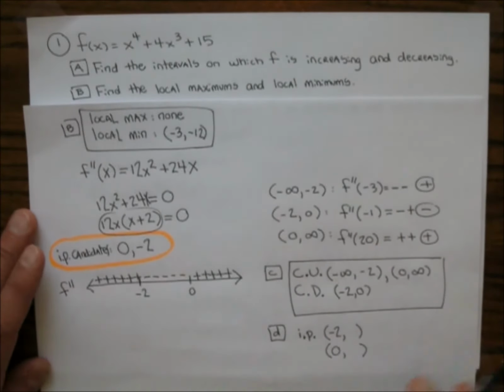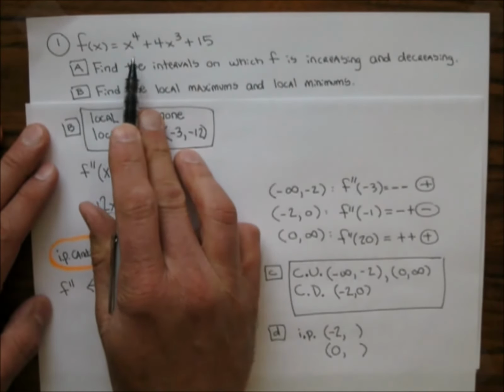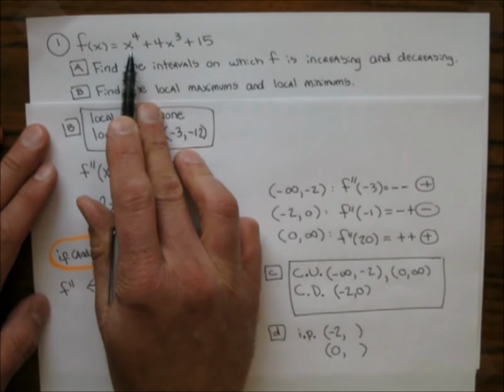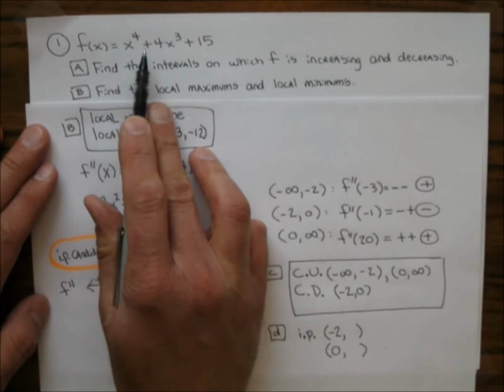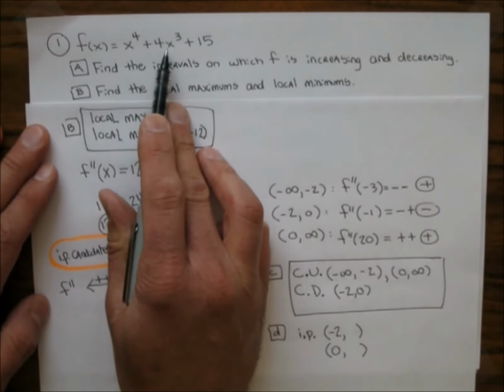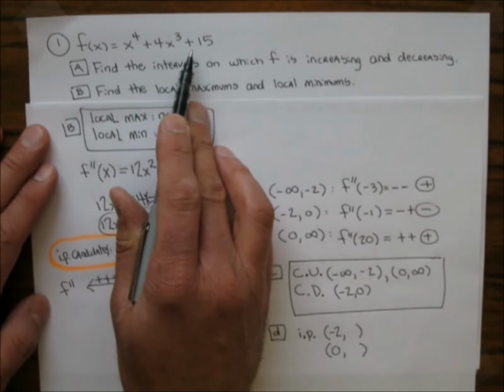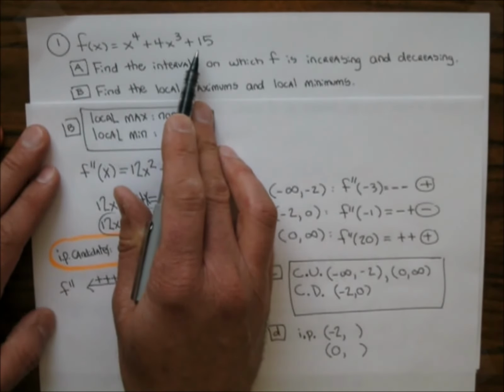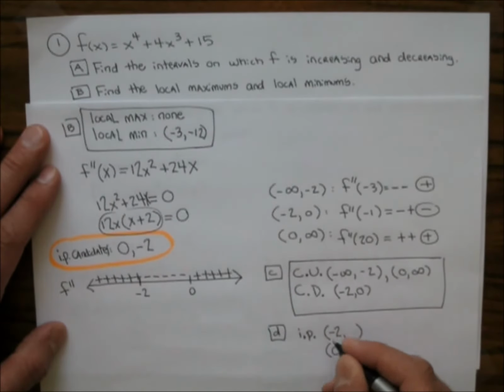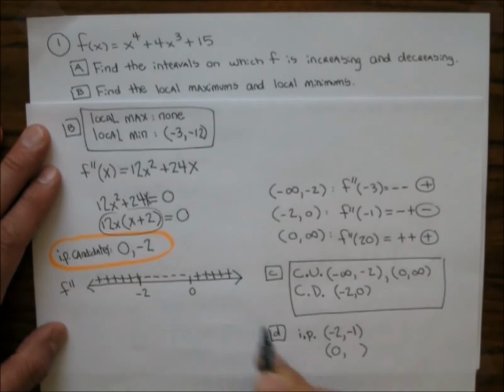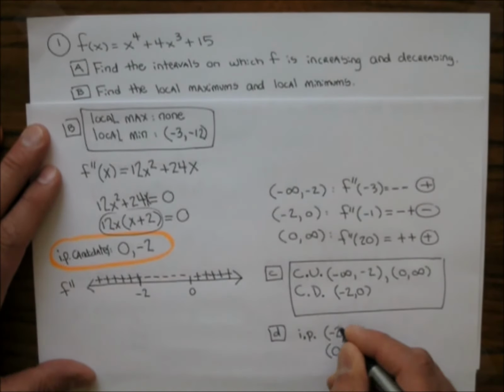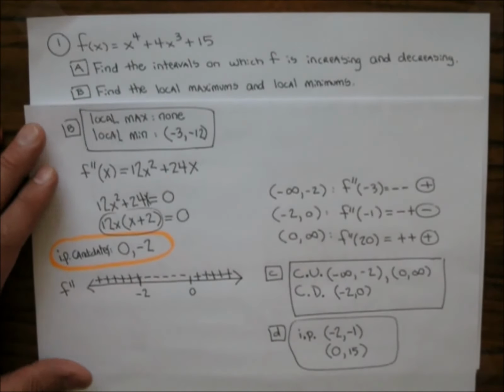from this original function. So you'll put a negative 2 in there, and that's going to give you 16 minus 32 plus 15. It's a negative 1 there. And then you put 0 in there, you end up getting a 15. So those are your inflection points. Now,